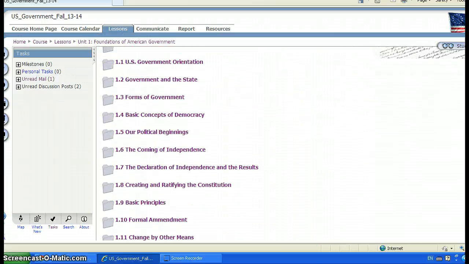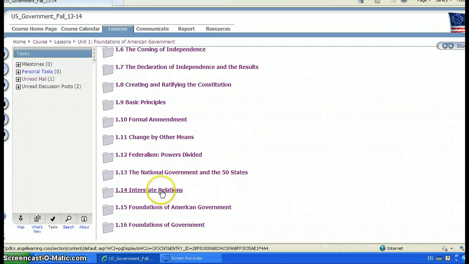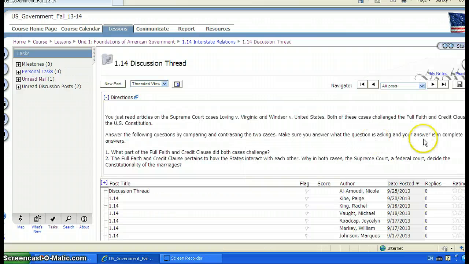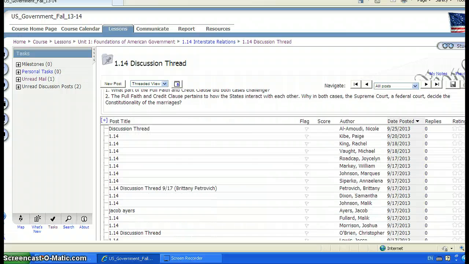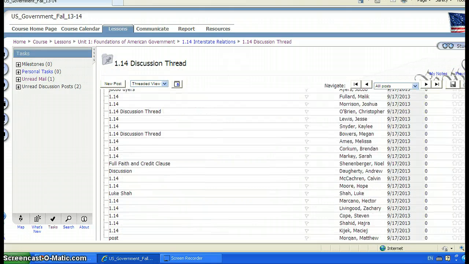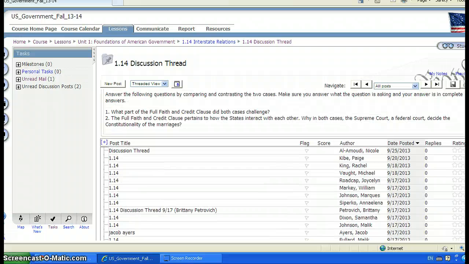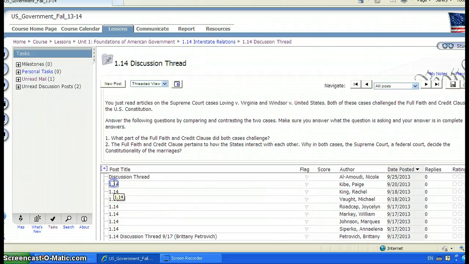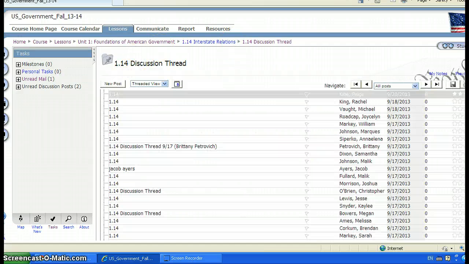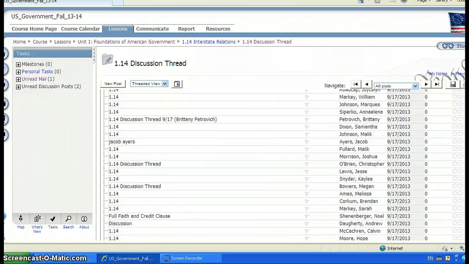Another example is a discussion thread. Okay, so I completed a discussion thread in lesson 1.14. I can see that I completed it. It's right here. You don't get a message or anything that posts up, but you can see everybody's submissions. You can comment back. So say, for example, if I wanted to read an example,